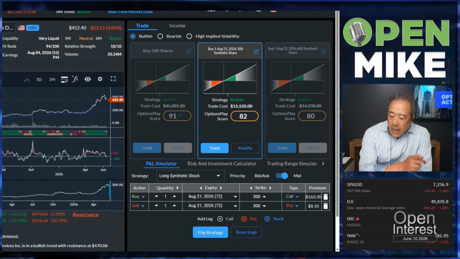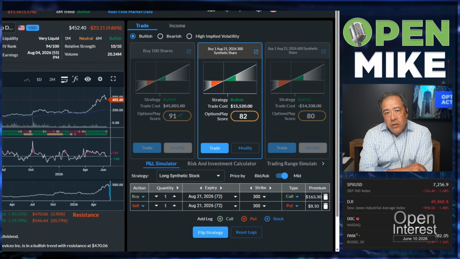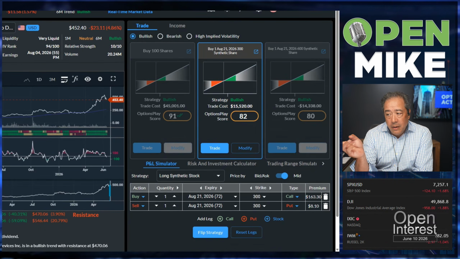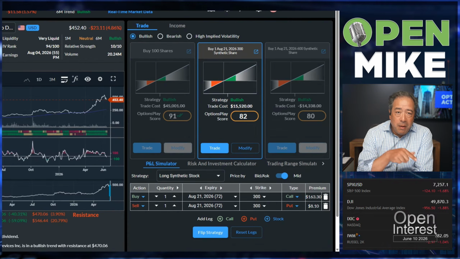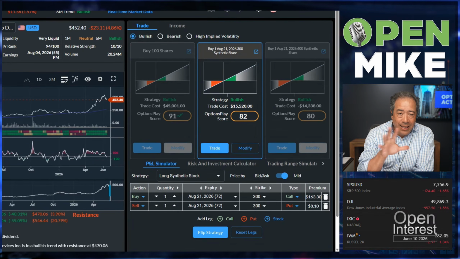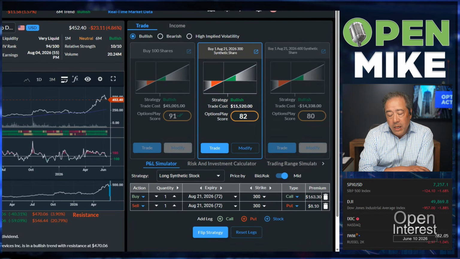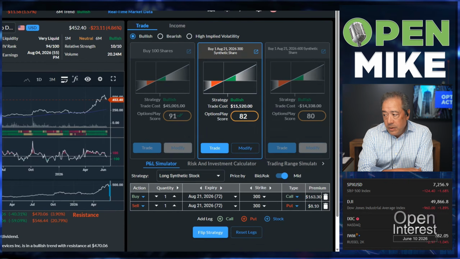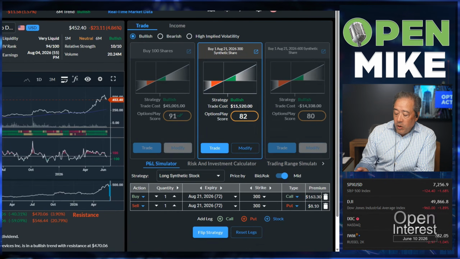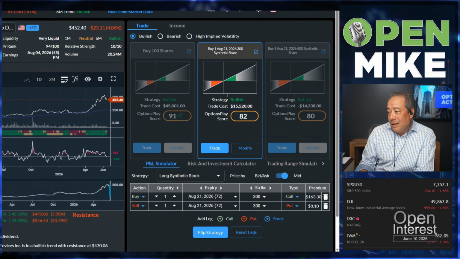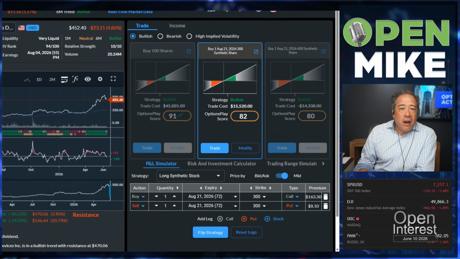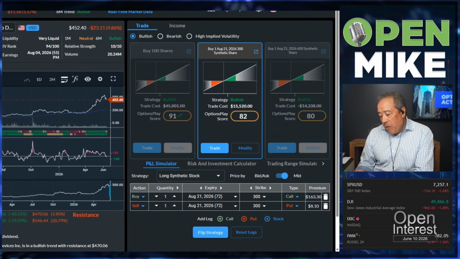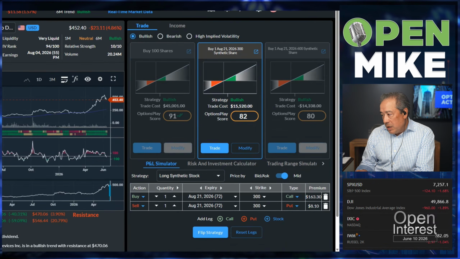Now, if I lay out $155.20 in premium to buy this synthetic, then I'm not going to be able to buy as many treasury securities in this hypothetical construction that I've worked out for us, right? So in theory, the interest I would get in this scenario is about a third less. And if we take a look at this and we add it to the strike, now I'm getting not the $455.95 I had before, but now I'm getting $455,